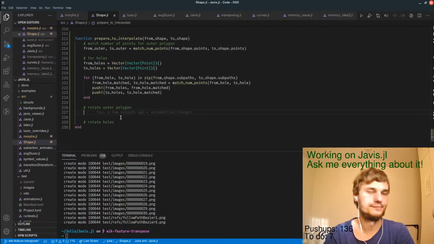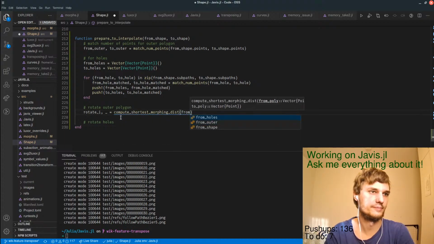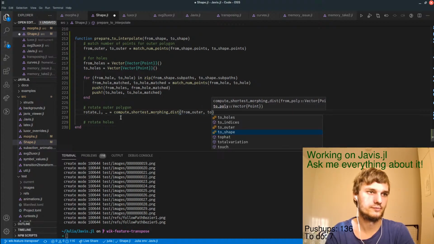Okay, so rotate I, compute shortest morphing distance from outer to outer.